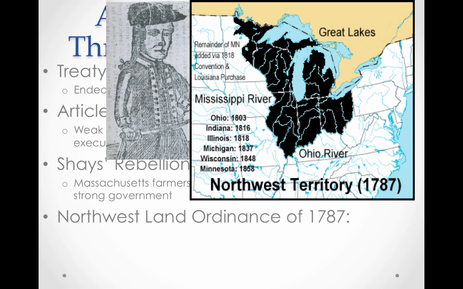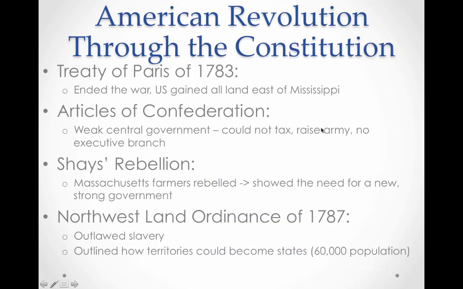Something we also have to be aware of, though, part of the Articles of Confederation, one of the positives or strengths was the Northwest Land Ordinance of 1787. It outlawed slavery in these newly entered territories, which will eventually become states, as you can see, things like Ohio, Indiana, Illinois, Michigan, Wisconsin, Minnesota. So this was a positive. It really provided an outline for new territories to become states. The goal was once you had gained 60,000 in population, you could apply to become a new state of the